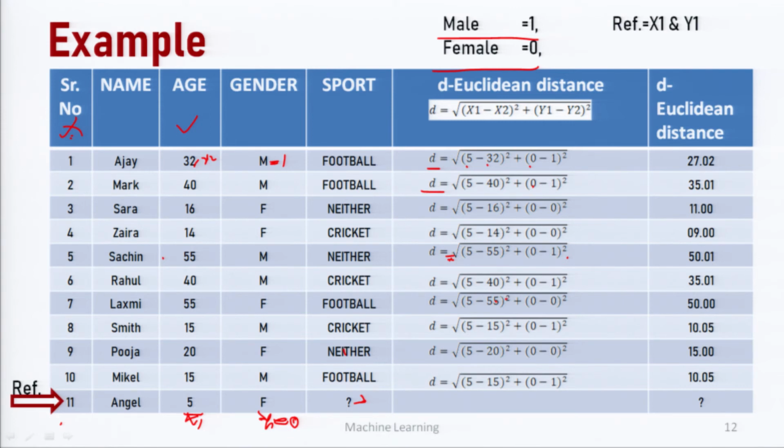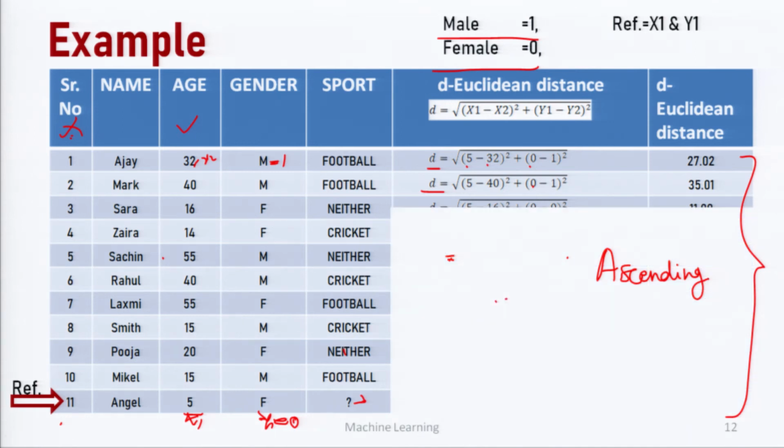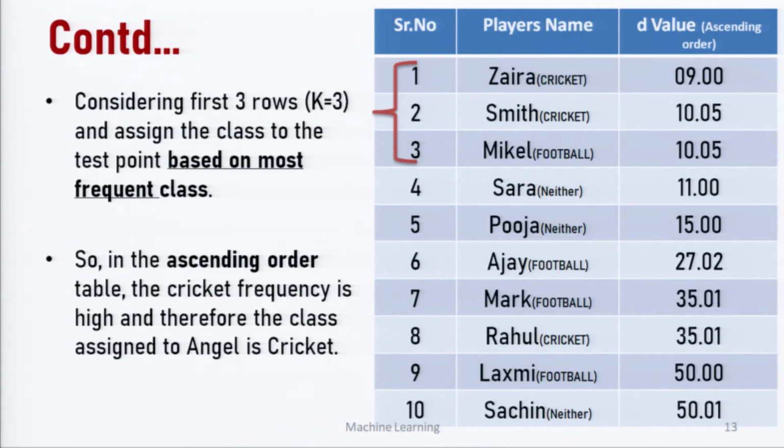We will get a set of Euclidean distances. Now, the next step is to arrange these in ascending order. So, basically here the Euclidean distances are arranged in ascending order, smallest to biggest, and based on our k value which we have calculated earlier, where k is equal to 3, the top 3 rows are selected and their class is noted.